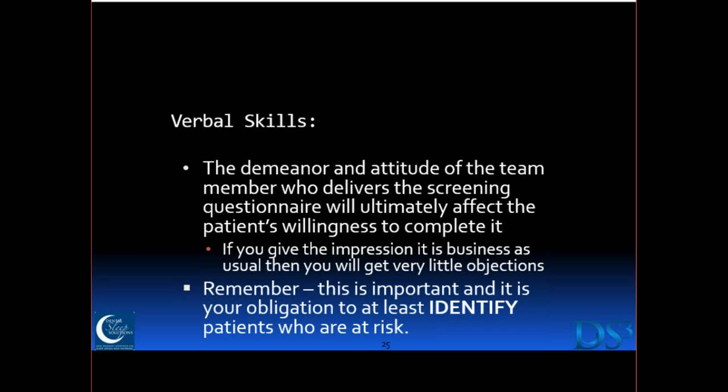We did this in my office the other day, Guy, and we handed him the tablet, and he started down the Epworth questionnaire, and he said, "Is this about sleep apnea?" And the staff member said, "Well, that's certainly part of what we're screening for through doing this." He said, "I already know I have sleep apnea. I've had 3 sleep tests," and this is a guy who's been coming to the practice for 15 years. So you're going to find patients who already have the disease as well, and we'll talk some more about that.